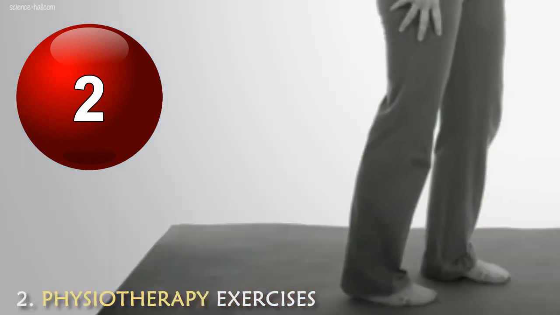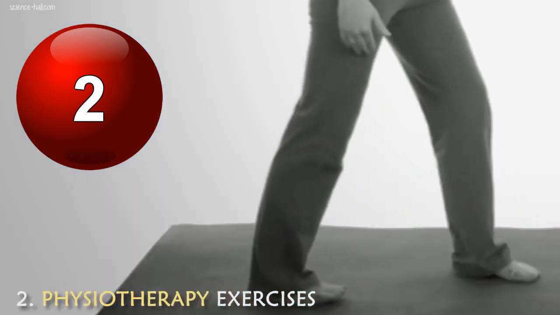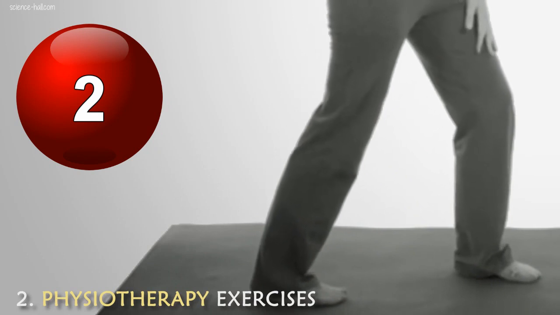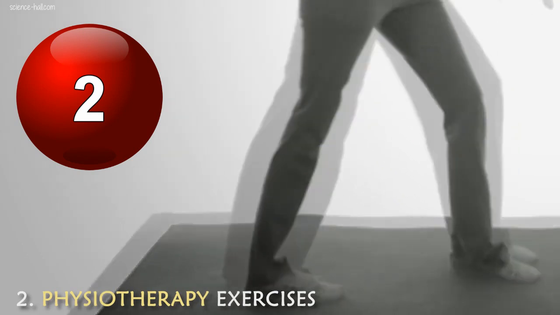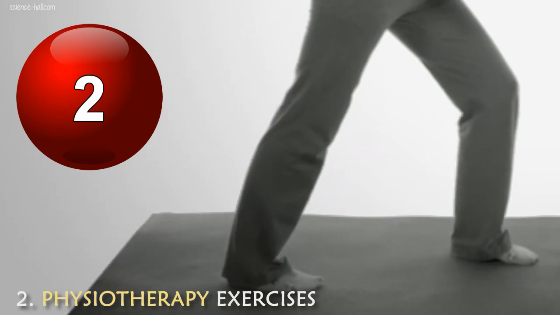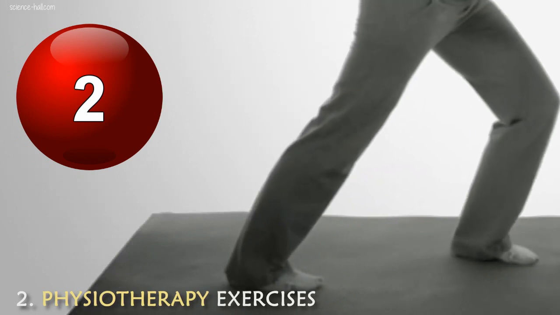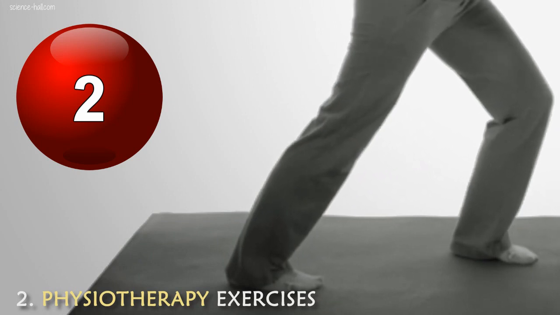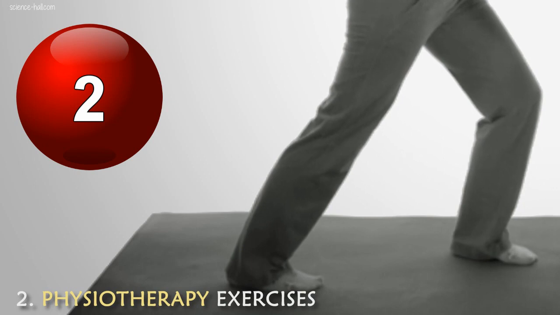The second exercise consists of standing about 60 centimeters in front of a wall with one leg in front and the other behind, as if you were walking. Place your hands on the wall and lean your body forward, keeping the soles of your feet glued to the floor. This position should be maintained for about 30 seconds. Rest a little and repeat the exercise about 3 more times. There should be no pain, only the stretching of the calf muscles should be felt. Physiotherapy exercises can be performed in the morning and at night and should be continued for days or weeks until